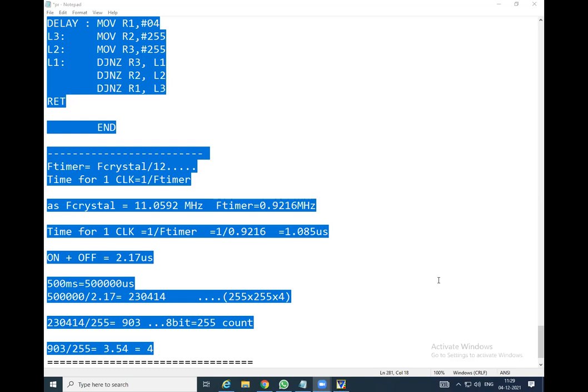So can I expect the answer of the first question, that is how many registers are required? R1, R2, R3 that we have used in this code, 3 registers. But for 100 millisecond, is it required the 3 or 4 or what? Can I expect the answer? The calculation is in the same way.